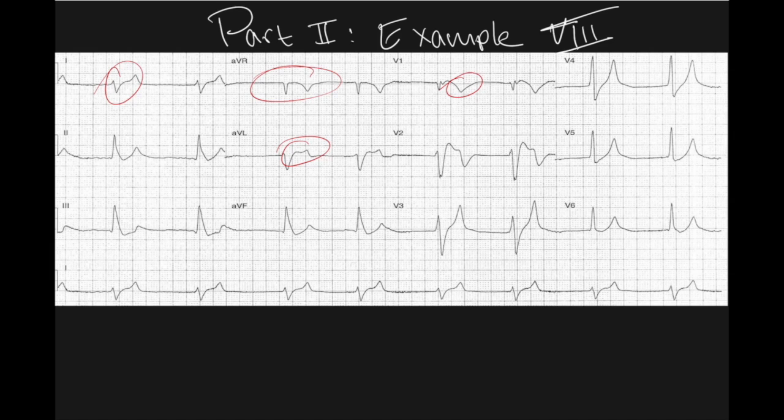V1 to V6 pattern seems to be intact, and lastly we look at the Q waves, and we see that we do have some Q waves in V1, which is concerning. We do have some baby Q waves in the inferior leads, which is not too concerning, but this tells us we should look a little further, because as we were perusing this 12 lead, things just were hopefully not looking normal, right? So in V1, we have this slightly widened QRS. We have this apparent ST elevation,